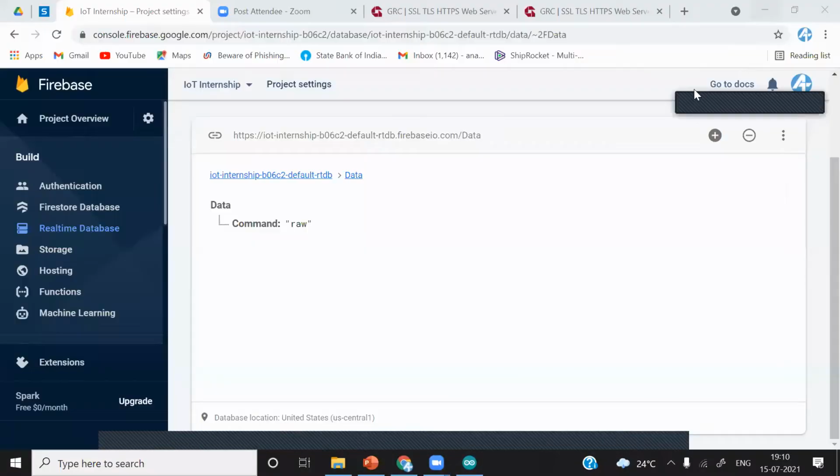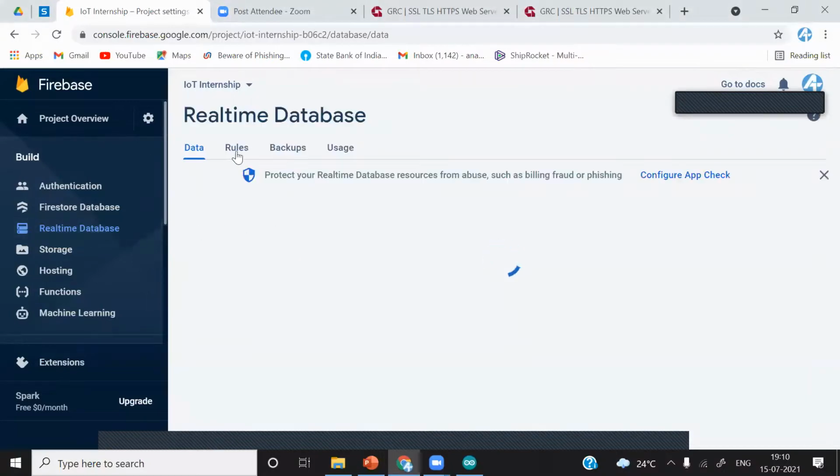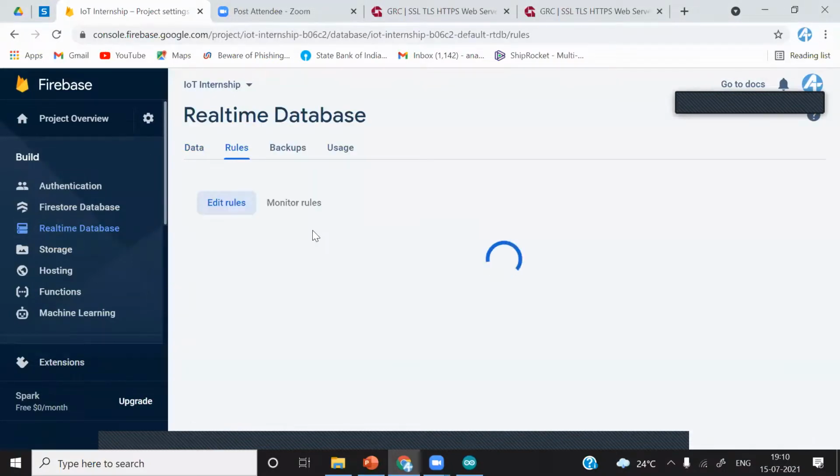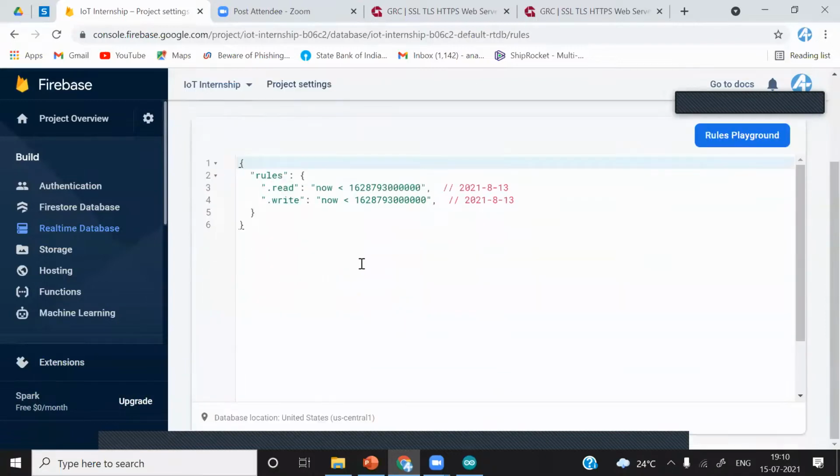Sir, I use Firebase in my project with ESP. After a few days, I do not get updated data from my application that I developed with MIT App Inventor. What is the problem? Check the database rules. Accidentally, they may have changed. See here, go to rules and check whether read and write are true.